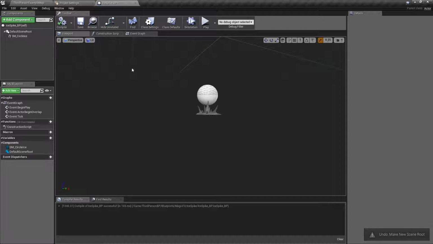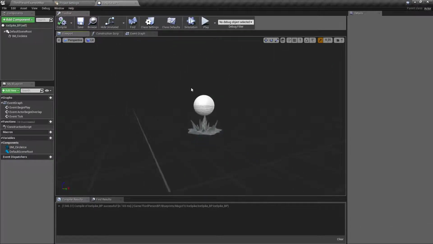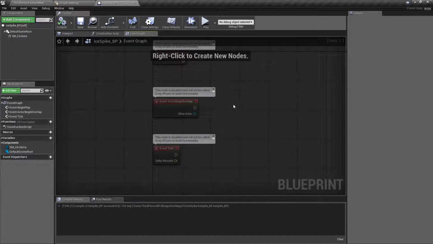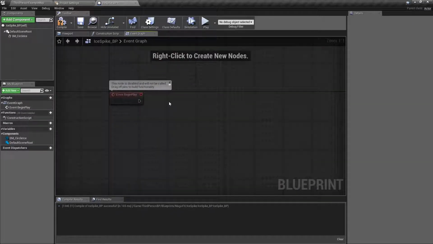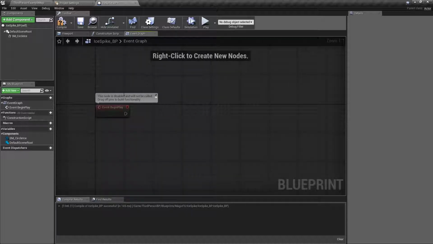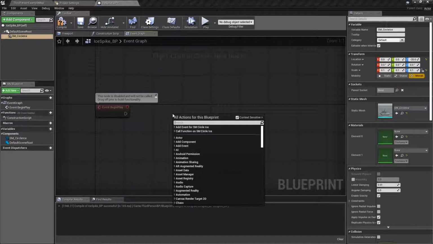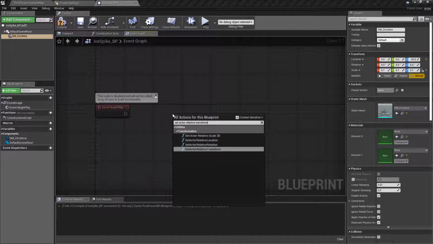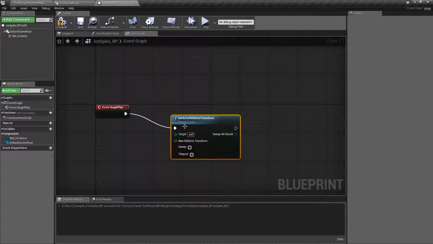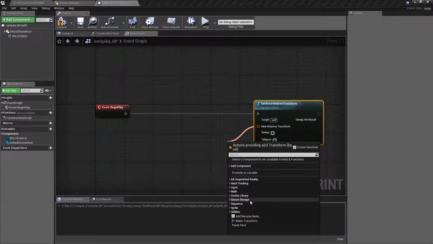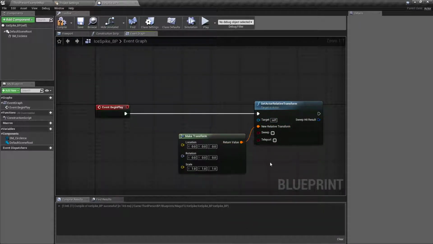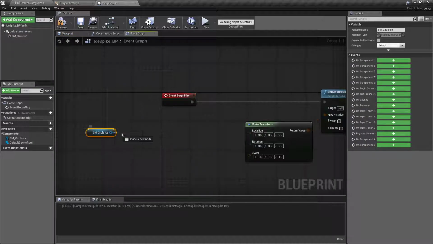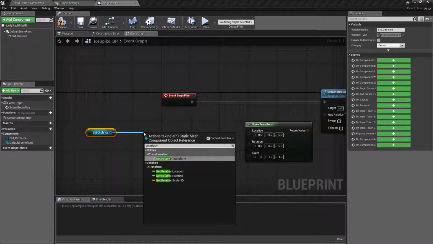No, I'm not. Control Z will undo anything you just did. So if you did what I did, just Control Z it. But we will, in the event graph, delete those. On begin play, we will set actor relative transform. We will break that, make the transform. We'll drag out the mesh, get relative